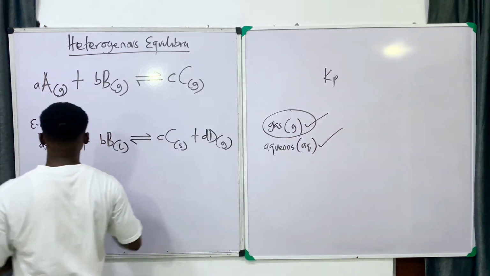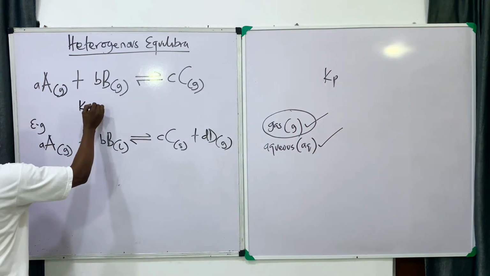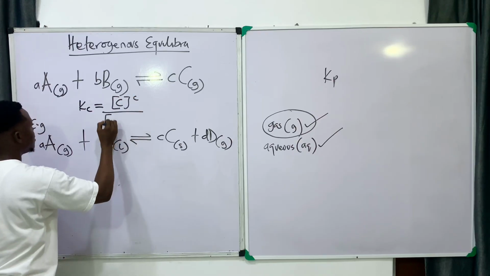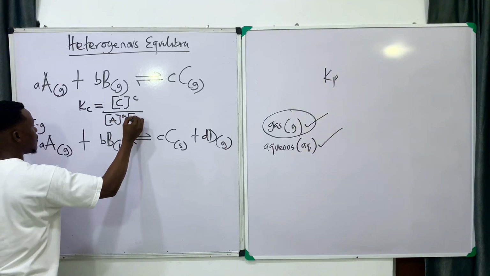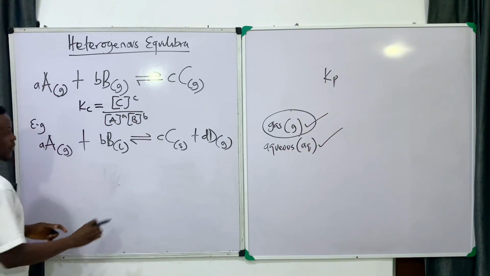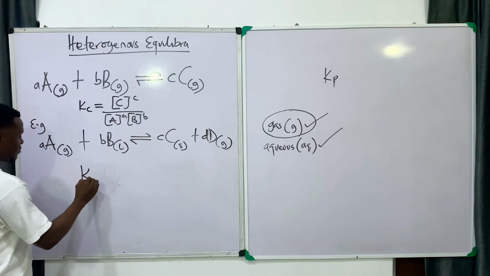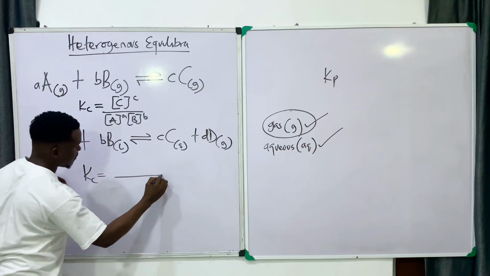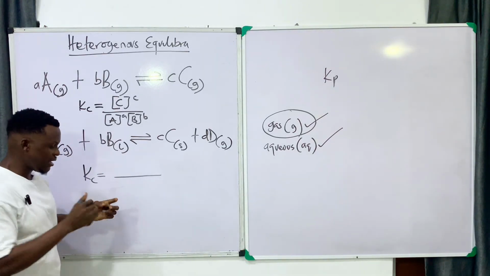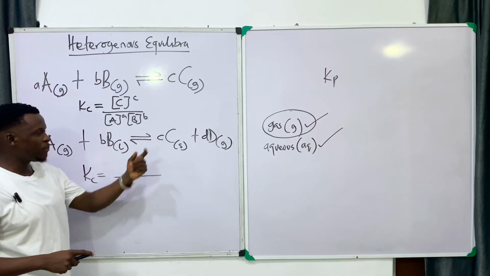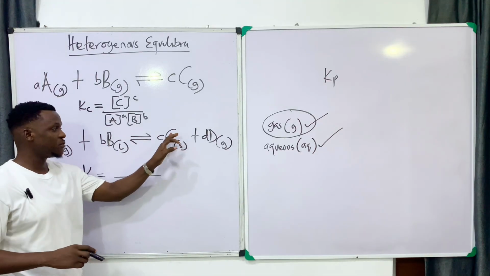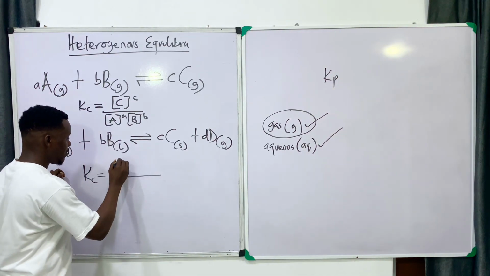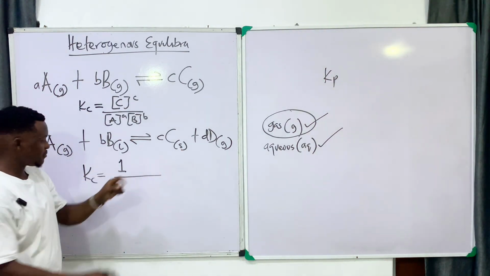Now let's look at this. If I write for this first one, this is going to be the concentration of C raised to the power of C divided by the concentration of A. Right? Now for the second one, this is a solid and this is a gas. So class, anytime you see a state of a reactant or a product that is not a gas or aqueous, put it to be 1. Put it to be 1. So here is 1 because this is a solid,